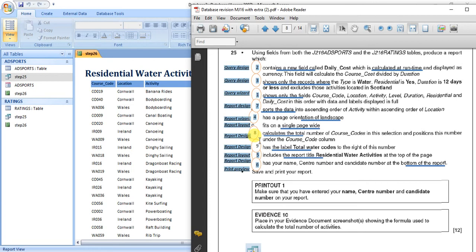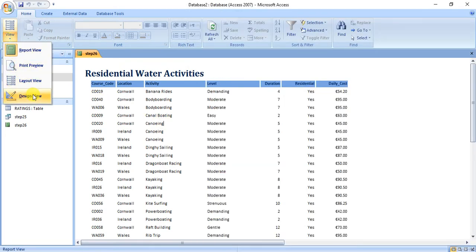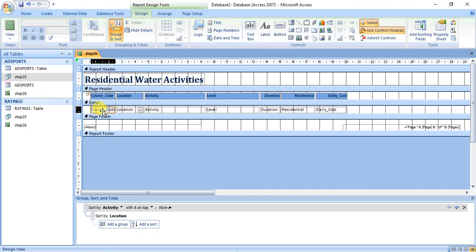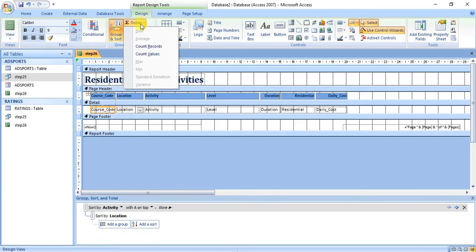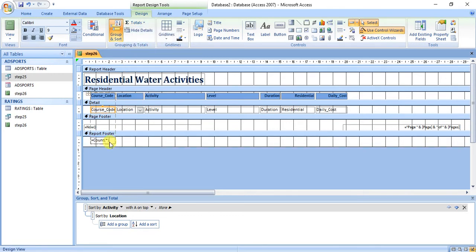Position this number under course code column. Then add a label total course codes, to the right. In the design, this is the course code that I want to find the total number. Total number means count. So just click on the field that you want to make calculation on, and in totals, you have count records. This is the total count, total number, with a label